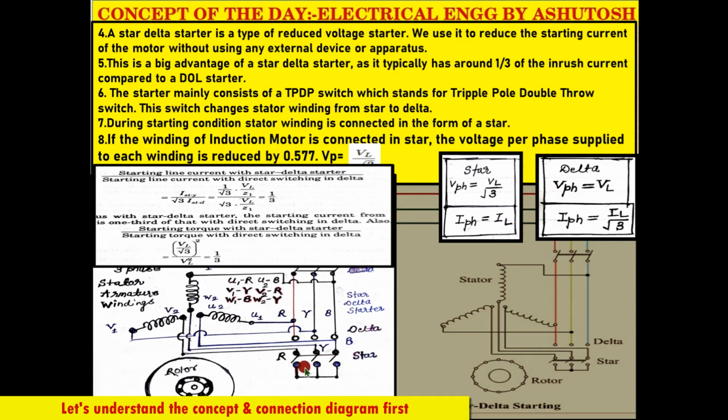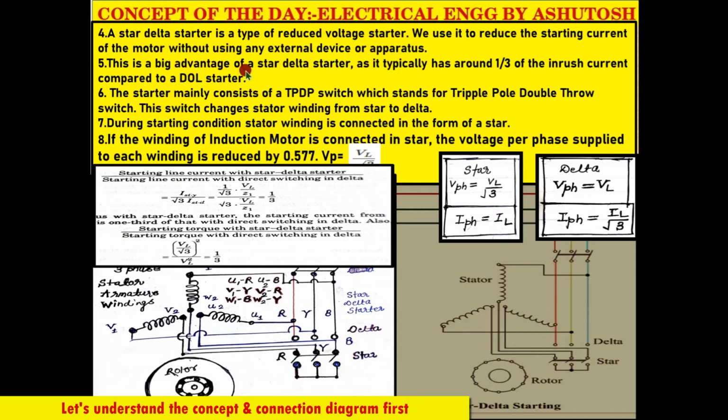So motor will be first connected to this type of switch, okay, by using this triple pole double throw switch the motor windings will be started as star connections so that, अब देखिए स्टार कनेक्शन का फॉर्मूला क्या है, VPH इक्वल टू VL बाई रूट 3 और करंट IPH इक्वल टू IL, जबकि डेल्टा में होता है VPH इक्वल टू VL. सो स्टार में VPH जो है गाइस वह लाइन वोल्टेज से 1 बाई रूट 3 टाइम्स कम हो जाएगा. हर वाइंडिंग्स each winding will get 58% of the rated line voltage, 1 by root 3 times voltage कम आता है. This is the major advantage in star, और जिससे इसमें करंट की मात्रा कम हो जाती है, current will be reduced and therefore starting torque will also get reduced.